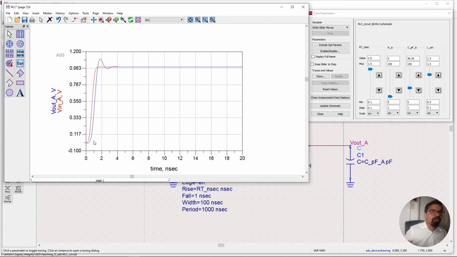In the time domain, it just looks like a step response, but in the frequency domain, when we do a frequency sweep, what frequency components make up this particular step response? And in simple English, if you do a Fourier transform, it's basically saying how many different types of sine waves and what amplitudes make up this particular step response. And then we'll go a little bit more into detail as to understanding what bandwidth is with respect to a square wave or a step response,